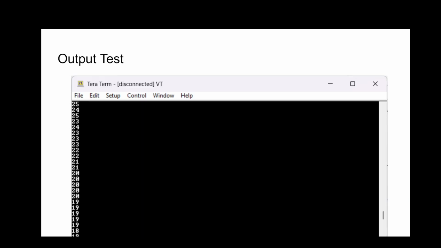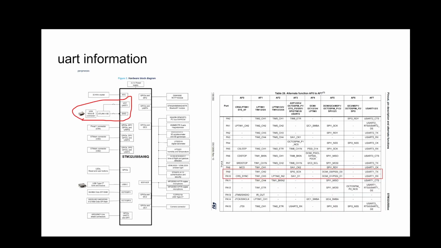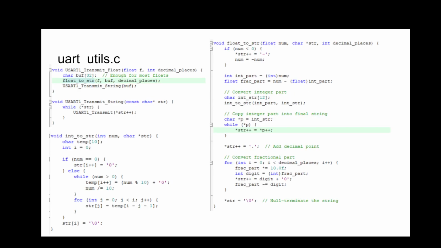This is the same. This is the field output test using the integer. And then we made an improvement by implementing a UART to float and changing our function. It's just the more UART information. Right, we changed our file where we get all the things for the UART by adding the